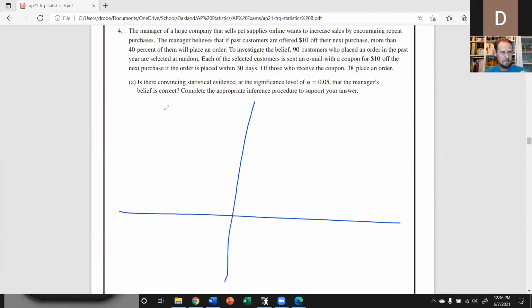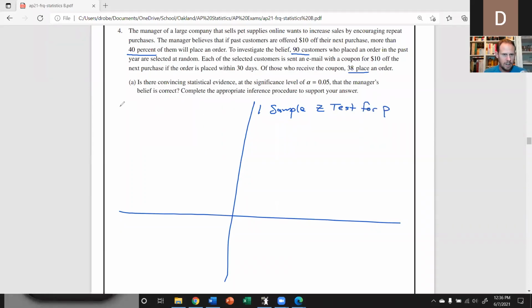That was not straight. Oh well. All right, so it looks like we are dealing with, so we've got percents here. We got 90 customers, 38 out of the 90. So we're taking one sample. So this is a one sample. Looks like we're working with proportions. So we're going to do a Z test